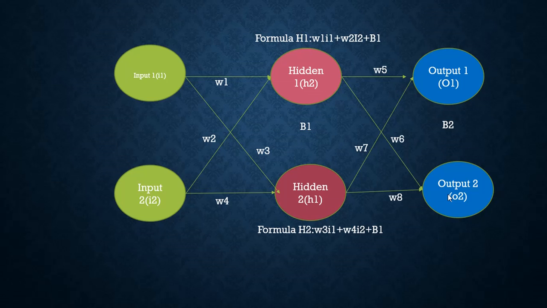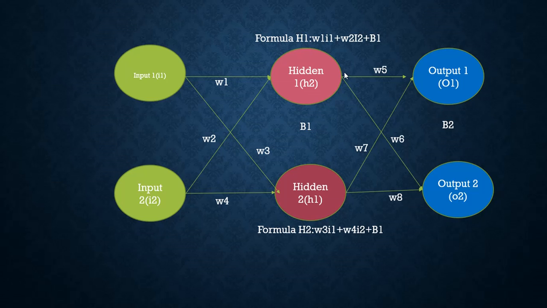Here you have to understand some things. First I'll show you the weights, and next the bias. We have two biases, B1 and B2. We also have a number of weights. Each input has two weights: two weights go from input one, and two weights from input two. From the hidden layer, again there are two weights going to output one and output two, and again from the other hidden layer, two weights go to output one and output two.